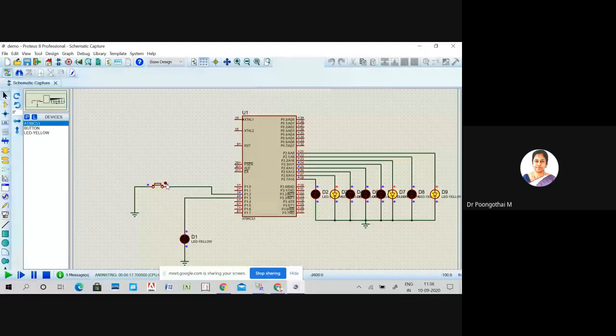Suppose when the switch is closed, your P1.3 is equal to 0. Any doubts? According to your application, you have to connect a keypad or button to P1.2, connect one LED to P1.3, and connect 8 LEDs to port 2.